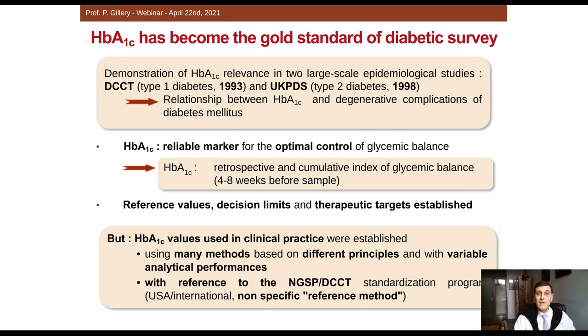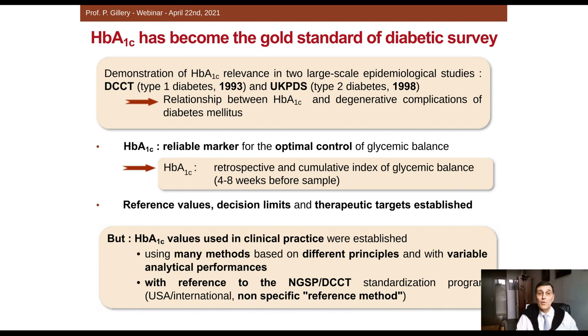It was proved that HbA1c was a reliable marker for the optimal control of glycemic balance, HbA1c being a retrospective and cumulative index of glycemic balance during the 4 to 8 weeks before sample. At that time, reference values, decision limits, and therapeutic targets were established. But